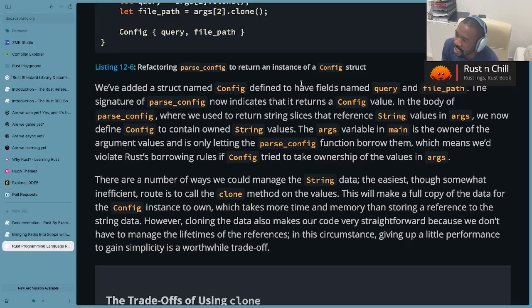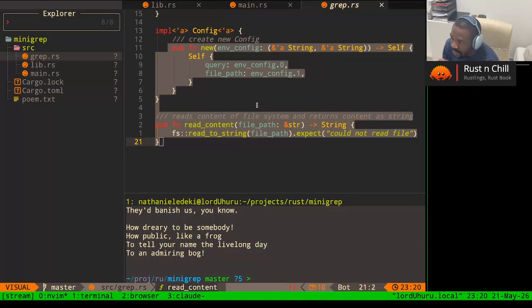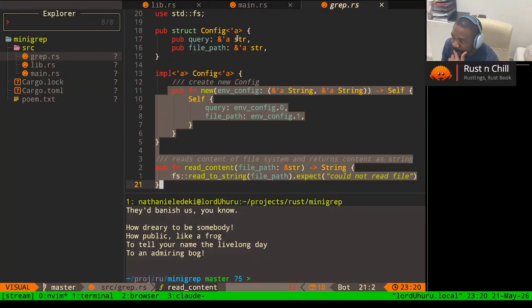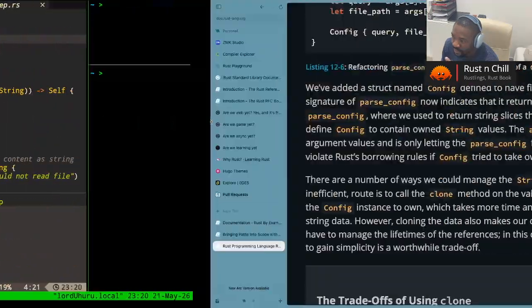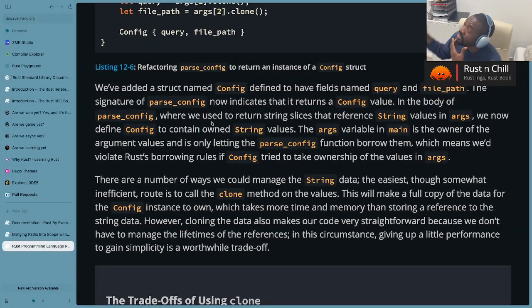Well, yeah, I wanted to see this part. So the signature of the parse config now indicates that it returns a config value. We now define config to contain owned strings. Yeah, so for that, as it contained owned strings, they cloned it, which, well, anyway,